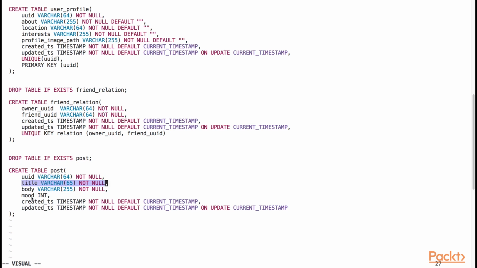The body field is the message body. This field is used to store the body of the social media post. The mood field is to store the integer value of the user's current mood. And finally, we've defined the created_ts and updated_ts, which again are the creation and last updated